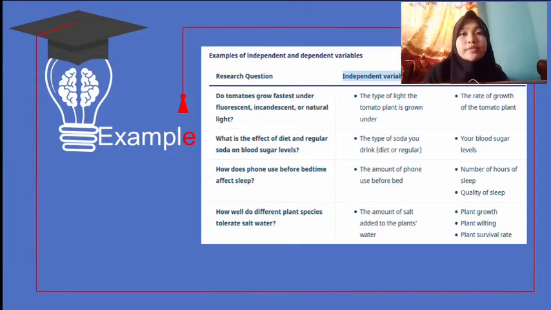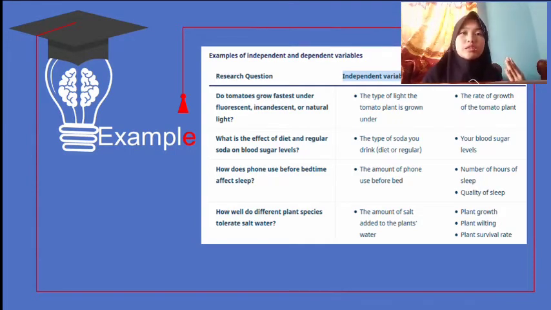The next example: what is the effect of diet and regular soda on blood sugar levels? The independent variable, or the variable that we change, is the type of soda you drink. For example, if you drink Coca-Cola, which is the sweet one, it is going to have a direct effect, which is that your blood sugar is going to increase.